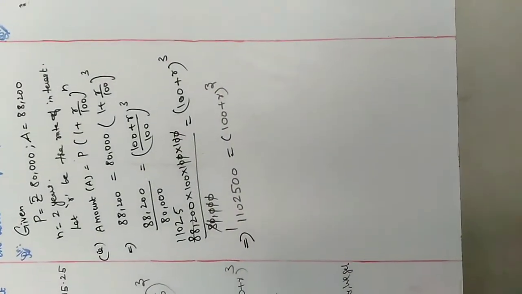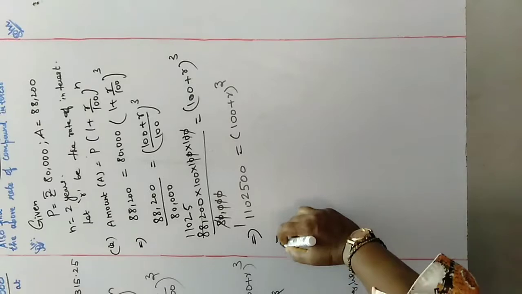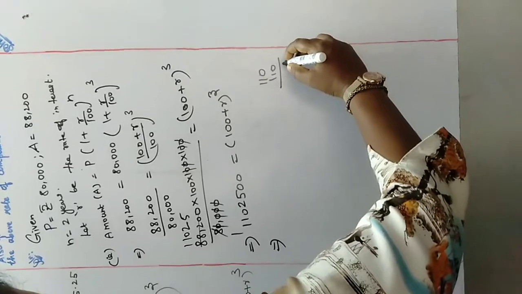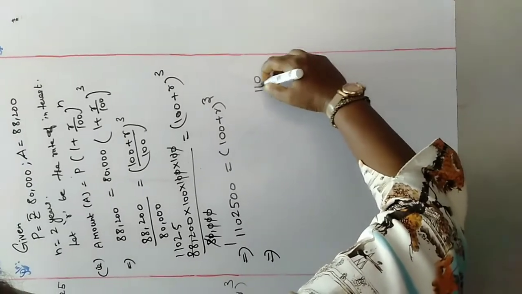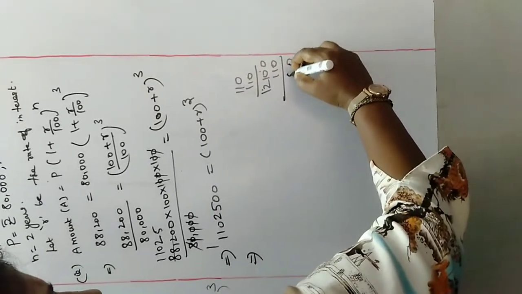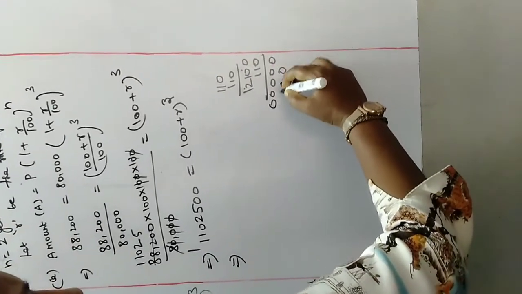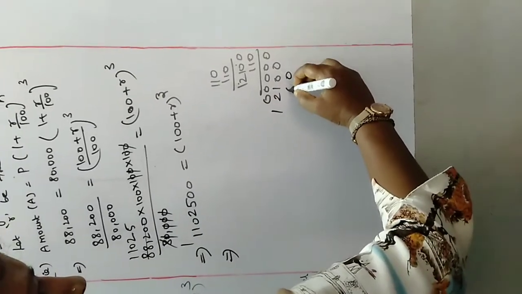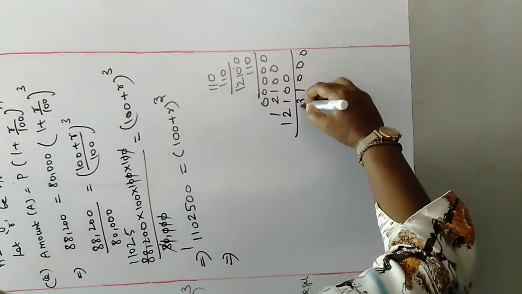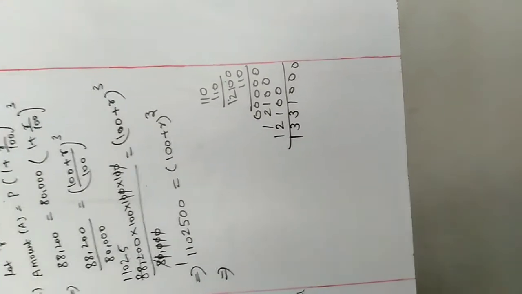Next, let us try with 110 cube, this one, right? So we will just check it out. 110 into 110, which is what? 11 11s are 121 with 00. Then again 110, if you put it, see here 1, 2, 3, 4, 5. Then 1, 2, 1, 2, 1. Same 0, 0, 1, 2, 1. Then 0, 0, 0, 1, 3, 3, 1. So we are not getting it for that too. So we'll try the next one.